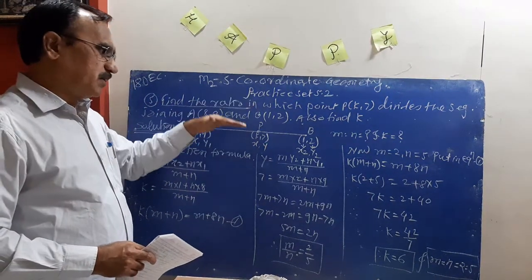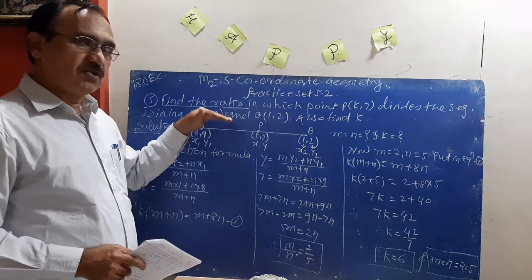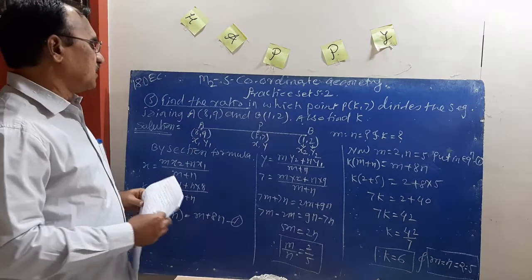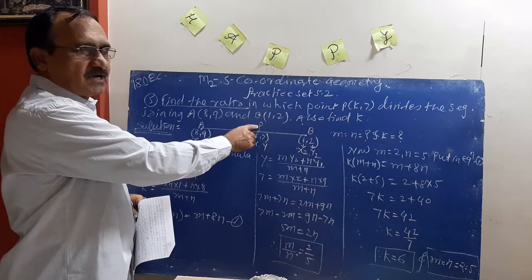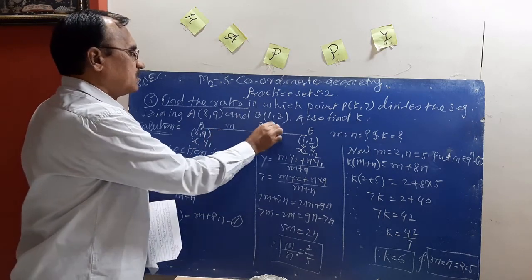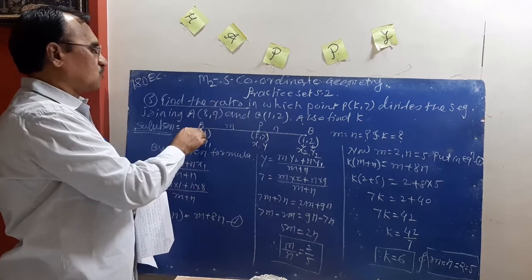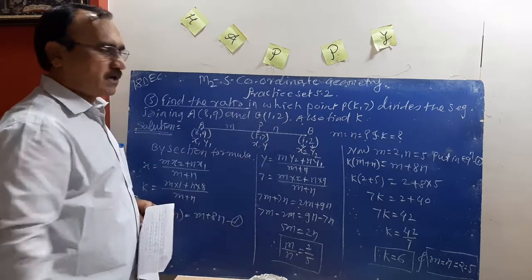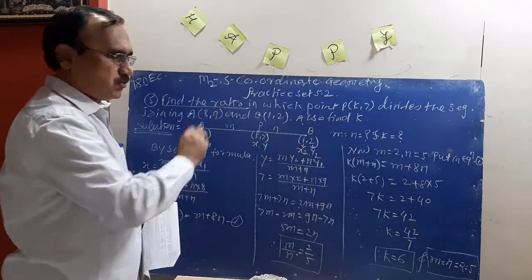In any problem, if we draw the figure each time, the meaning of the example is already clear. This is segment AB. Point P divides the segment AB in m to n parts. The coordinates of point P are (k, 7), already given. The coordinates of A are (8, 9) and B (1, 2). Let these be (x1, y1), (x, y) and (x2, y2).